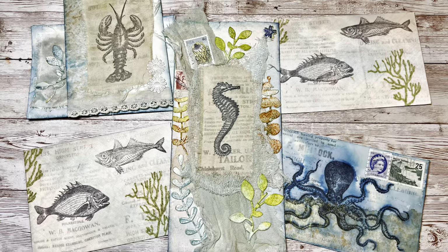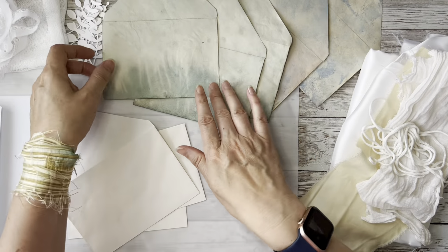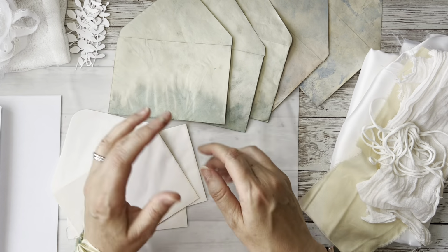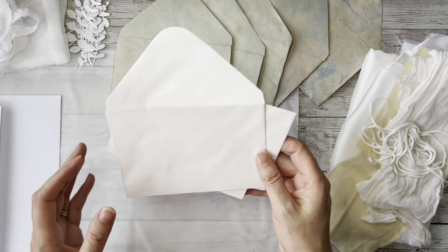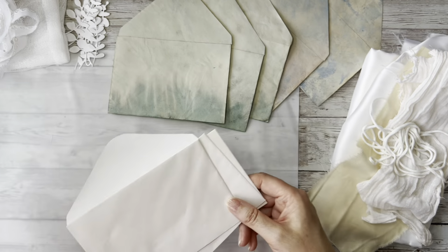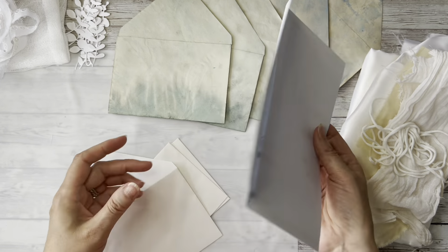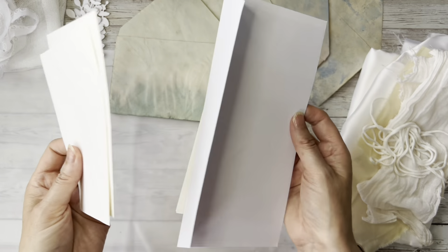So this is a tutorial of sorts because it will teach you how I have arrived at my watery themed envelopes that are going to come and live in my journal for next month. So here I've got some envelopes. These are plain ones. These are the old gummed ones that nobody wants anymore. And then this is the sort of thing that you get through the post for free. So I thought I'd show you that as well so that we can all get hold of a junk envelope